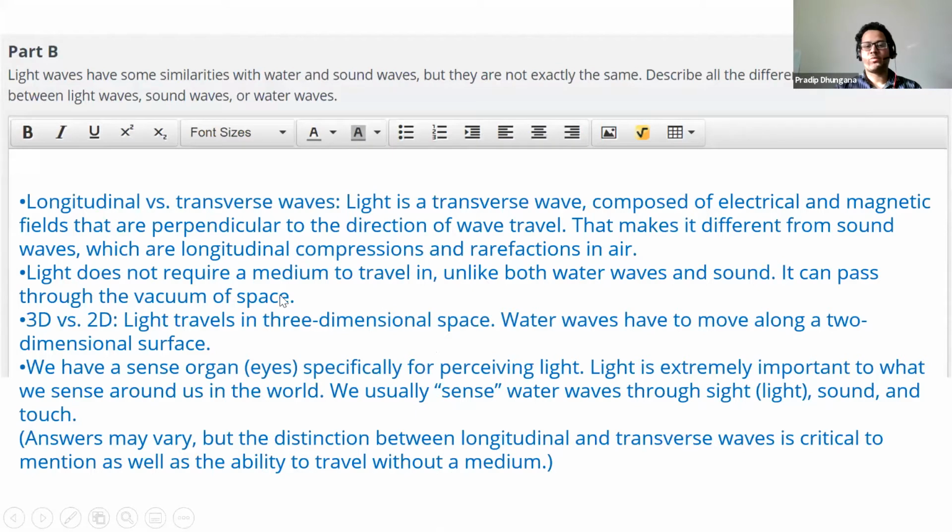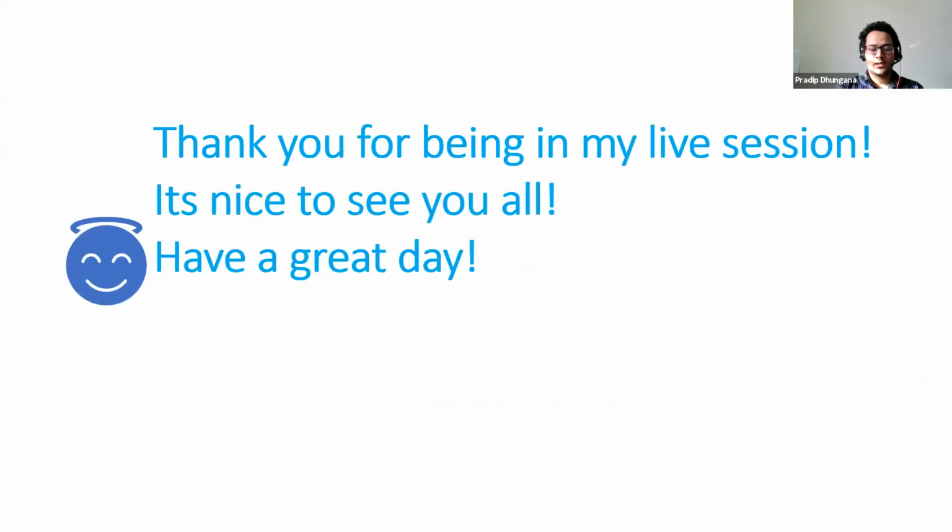That second part: light does not require a medium to travel. And you don't have to write everything. Now, whenever you work through your unit activity, complete all the way from the beginning up to here. That completes your task 1. Just task 1. It has question 1, question 2, and question 3. Skip task 2 and task 3, and then submit your unit activity. And then for the rest of the time,